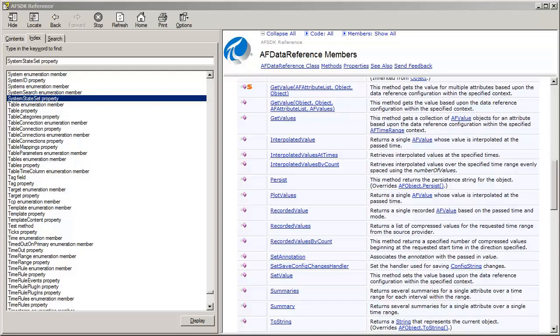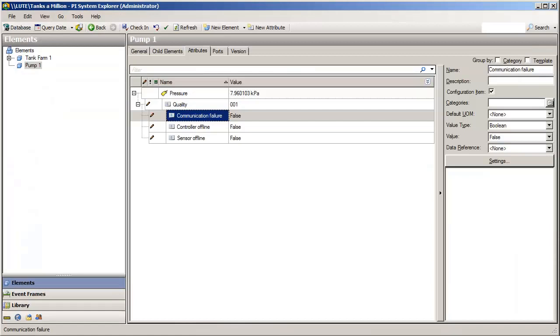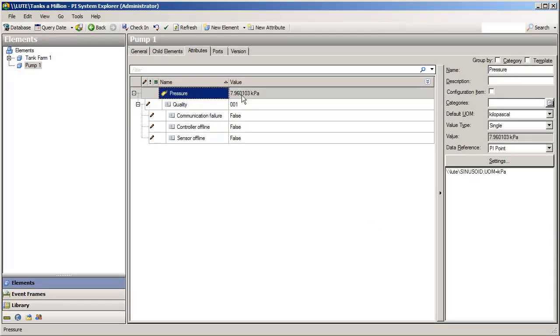Well, other than the obvious fact that one is going to get a value and one is going to get many values, think about the case of the PI Point data reference. If we go to the PI Point data reference and we ask it for a value, that's a call to the server. Well, if I want values over a time range, really what I need to do behind the scenes is make one call to the PI Server for that entire time range and get all of the values in the archive, or something along those lines.